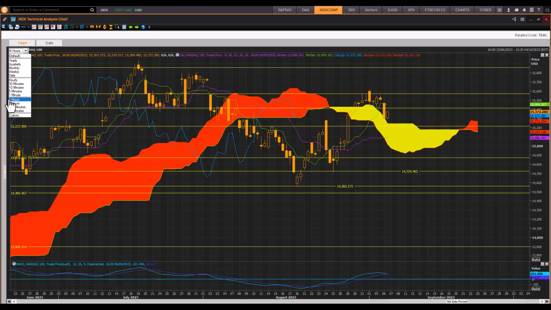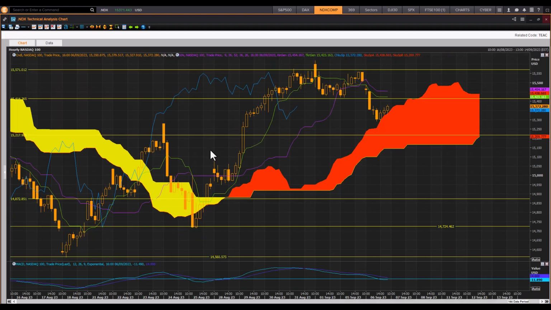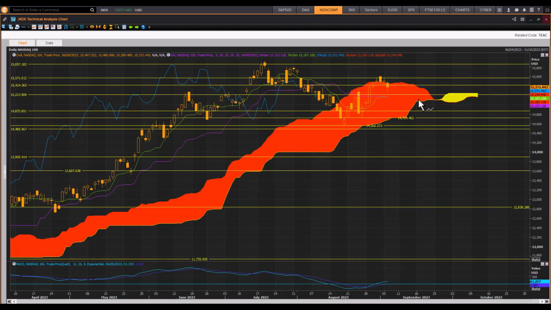Turning to the hourly one, you can see they're digging into the cloud, fighting for support at the top end of the cloud. There's downside risk to this bottom end cloud chart level here at 15,167, so keep an eye on that one. Upside resistance is the top end of the cloud, so that's kind of the range we're looking at on the hourly Ichimoku cloud. But from a big picture perspective, we are pulling back after hitting resistance at the top end of the cloud. There are downside risk targets to the front end cloud chart support levels on the daily, and keep an eye on that. As long as we stay above this bottom end cloud chart, the rally into the year